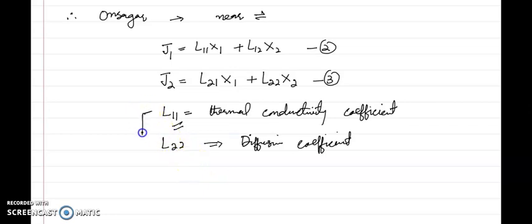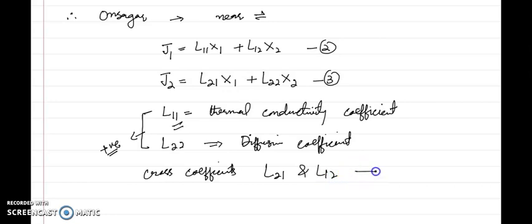These coefficients are shown to be positive. Now the cross coefficients, those are L21 and L12, they describe basically the interference